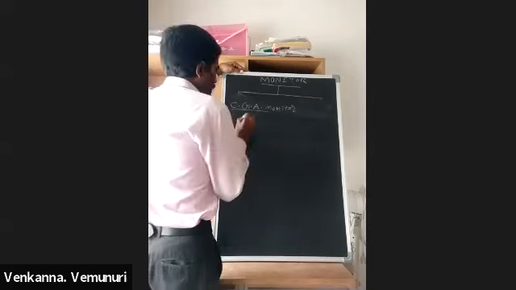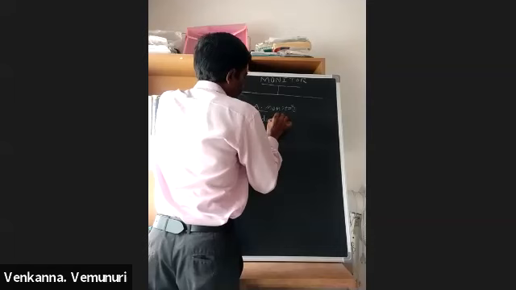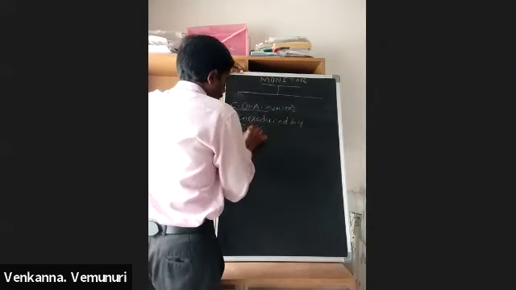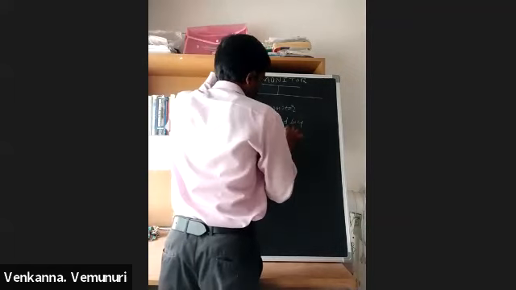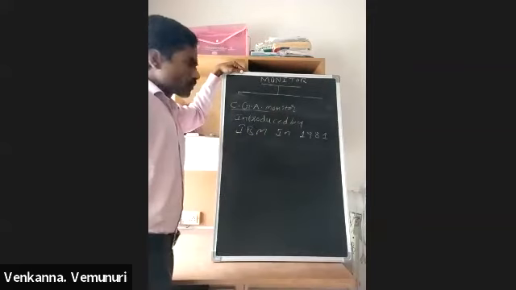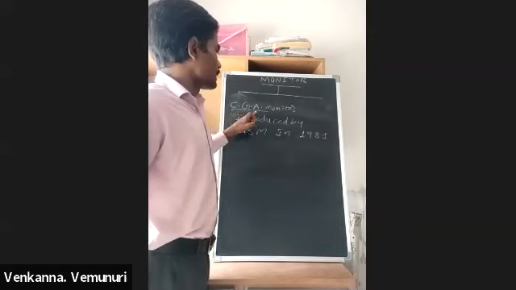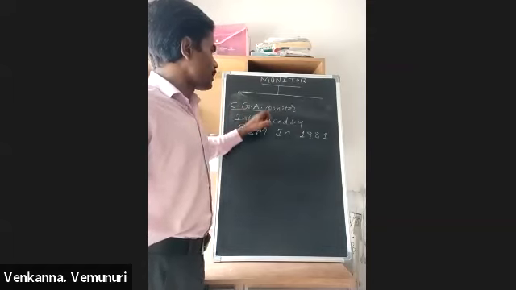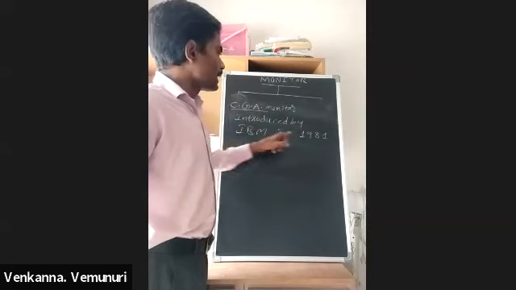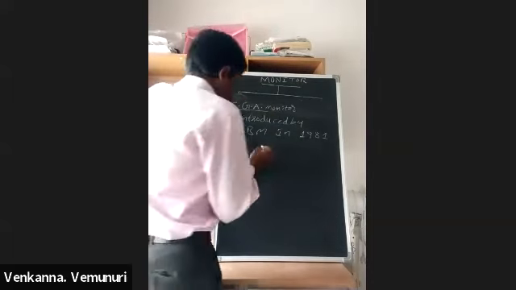The CGA monitor was introduced by IBM company in 1981. The first color monitor is the CGA monitor. This monitor was introduced by IBM company in 1981, and this monitor resolution is